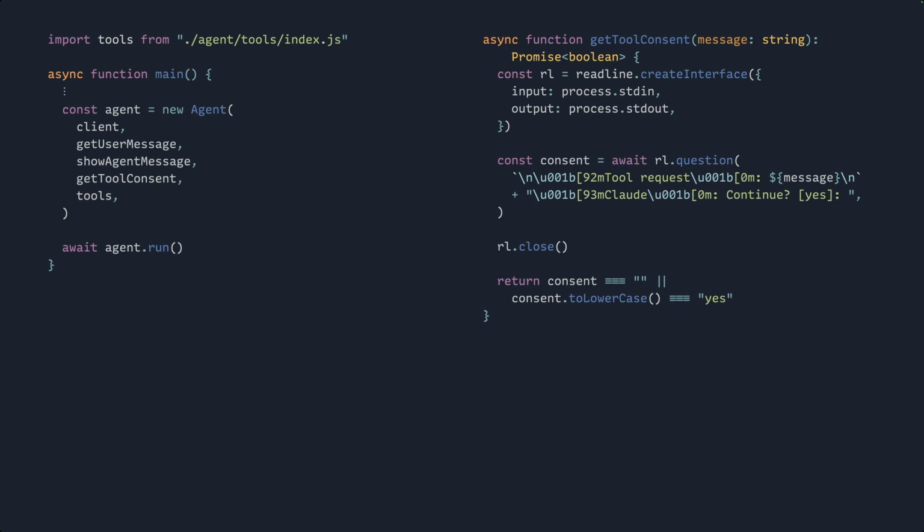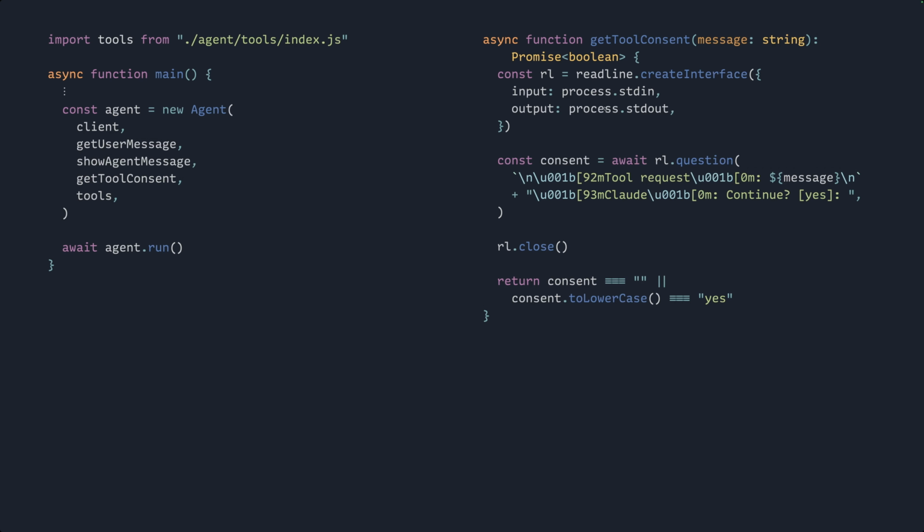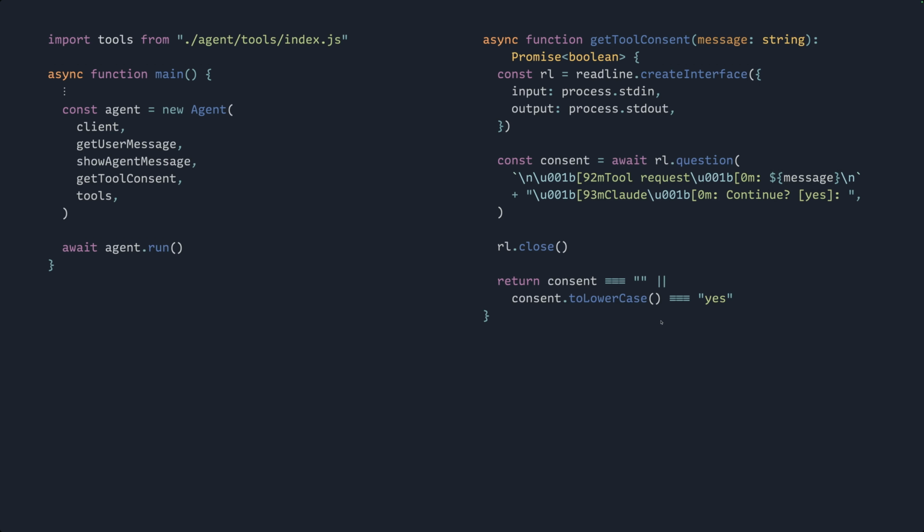So instead of the show tool use function, we are going to pass to our agent a get tool consent function, which is a little more strenuous. Instead of just doing a console log, it is going to ask the user, here's the tool request. Do you want to continue? Hit type yes or hit enter to continue.